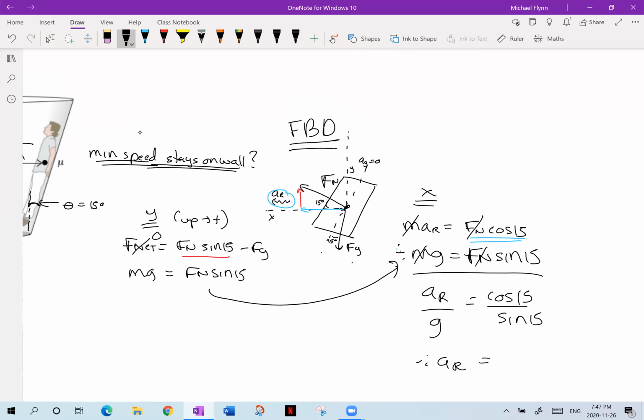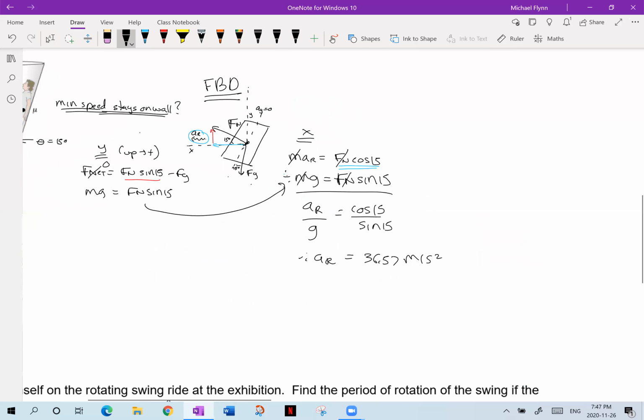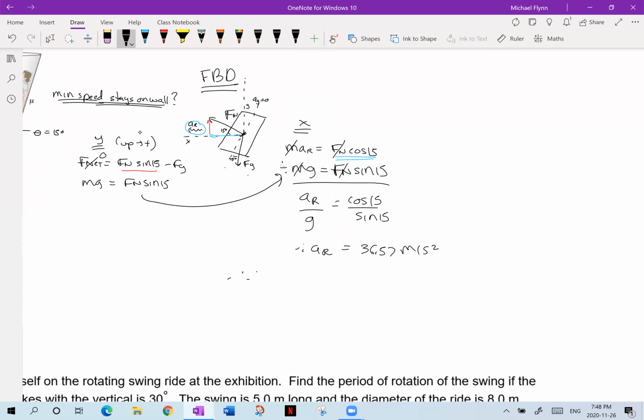Okay, so g is 9.8. So I'll take out my calculator. I'll go 15 cos divided by 15 sin equals, and then times 9.8. I get 36.57 meters per second squared. Now that's not my answer, but now to find the speed, I can go v squared